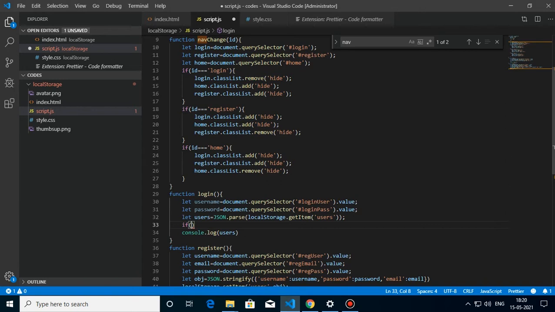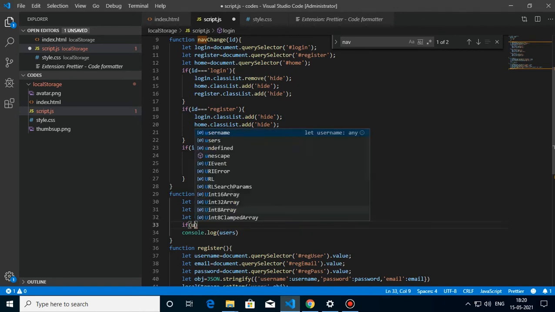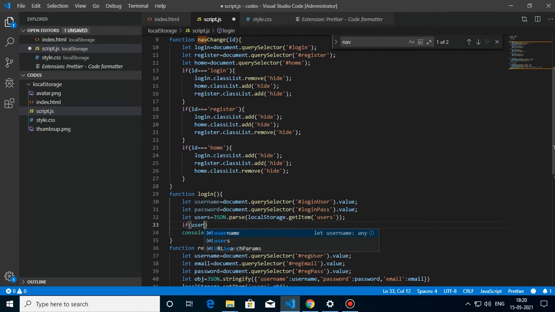It will look for some key inside the local storage named users, right? But since we haven't used it before, there won't be a key named users, so there will be an error, or maybe it shows undefined. So we have to overcome that situation.